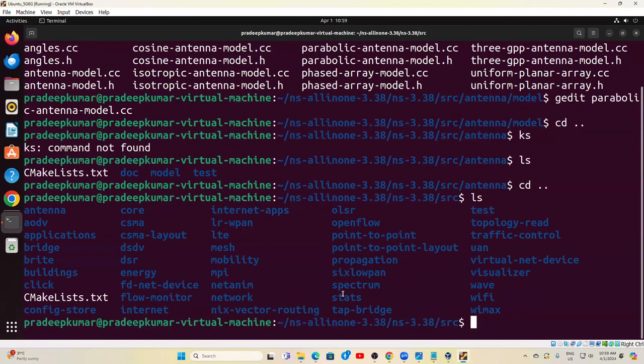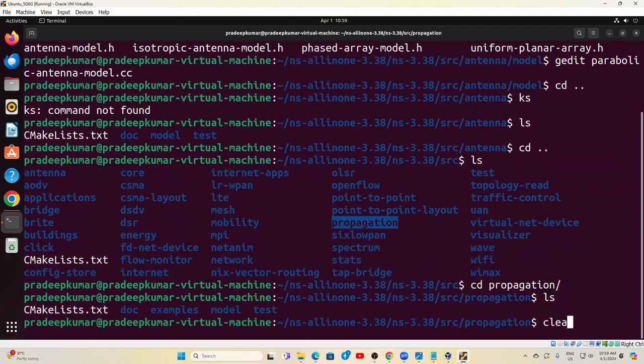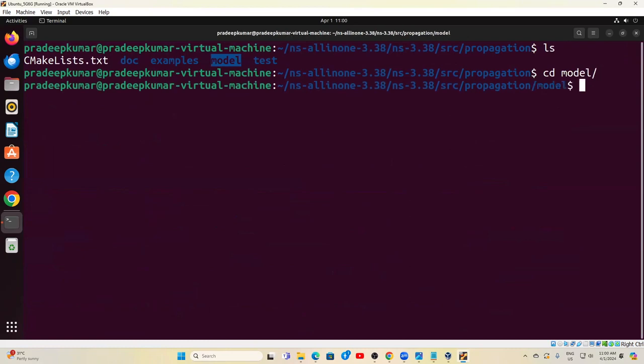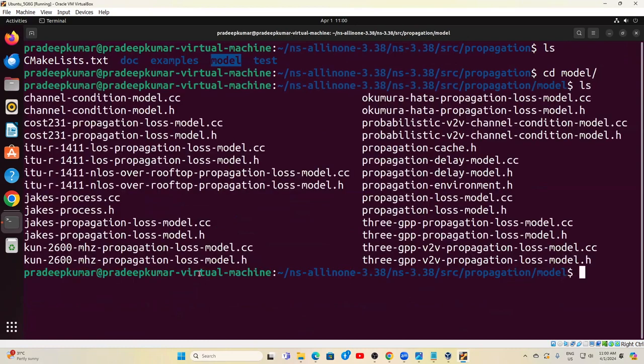Now let's say I go with the propagation model. So let's say I'm going with propagation. Here you can see I have examples, I have model, I have test, and I have doc. Now let me go into model. Now you can see what the different propagation models are here. So we have the propagation loss model and the propagation delay model also. So you can see